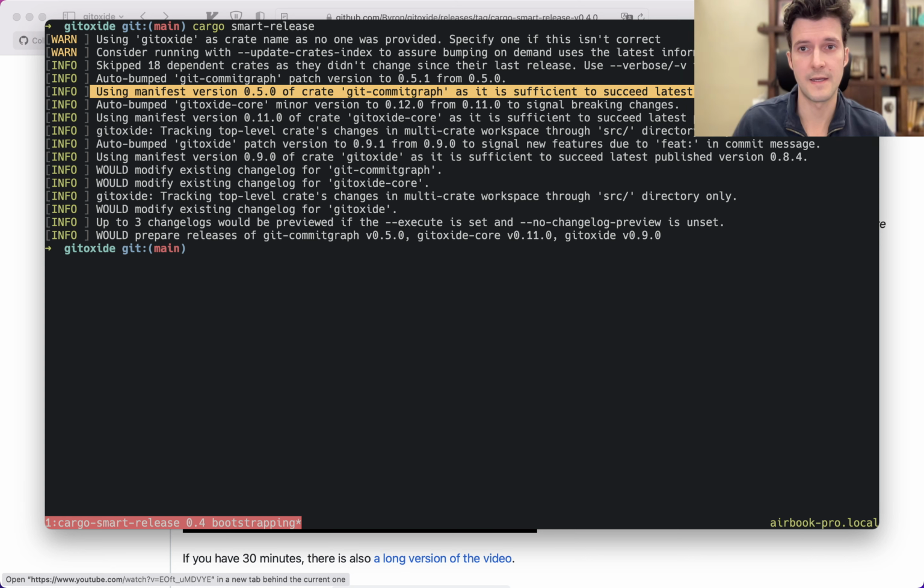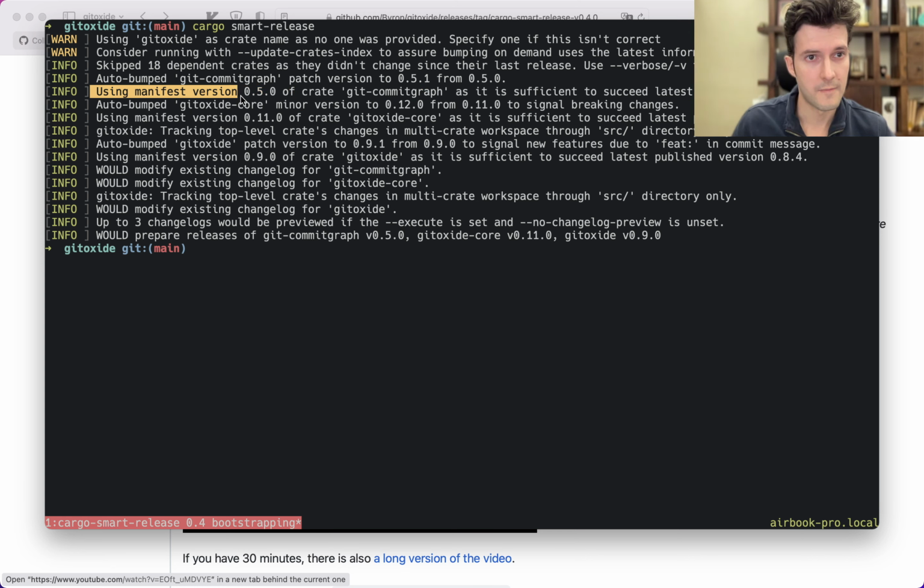But it also sees that the changelog or the version increment doesn't have to change because the latest published version is 0.4 and the manifest already points to 0.5, so no need to additionally increment it. Now it wants to release Gitoxide core, same thing there, and